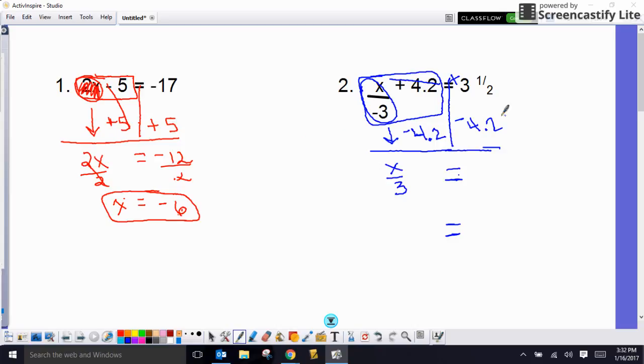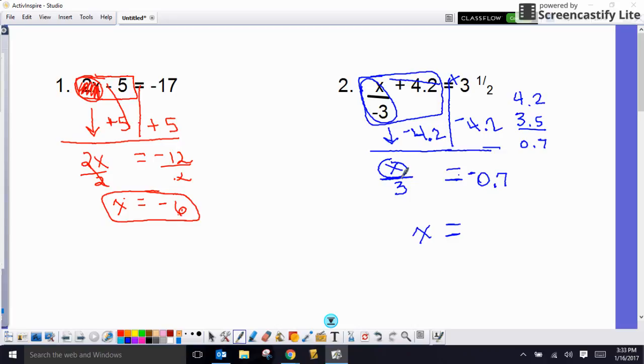So you can use your calculator and you can put in 4.2 minus 3.5. I'm going to write it here to the side, 4.2 and 3.5, subtract and get 0.7. And my bigger sign was on my negative, so 0.7 negative. Now, my variable still has a divide by 3 attached to it, and I want to get it